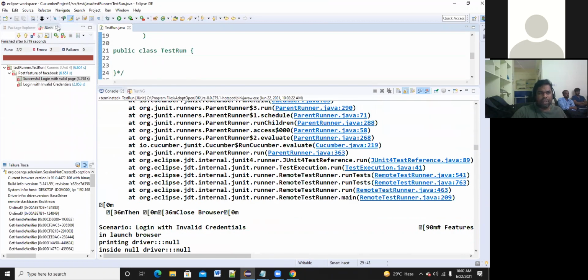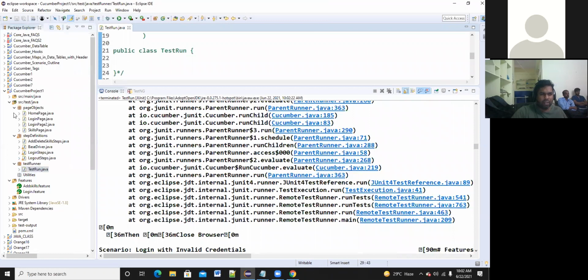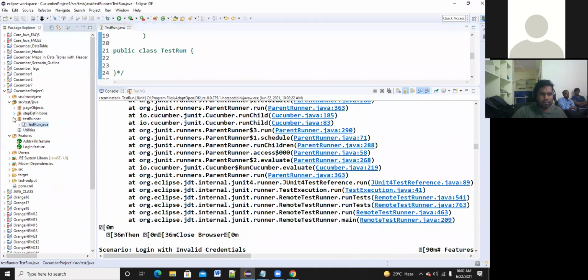Session not created exception, it is coming. Here I'm using the drivers.exe file. In the project itself, you can maintain the chromedriver.exe. I'm deleting everything now.